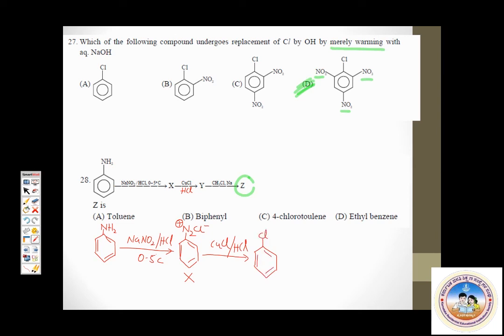Now what is Y treated with? Chloromethane in presence of sodium metal. CH3Cl in presence of metallic sodium. Okay. Now understand this. You have a haloarene, chlorobenzene, reacting with a haloalkane in presence of sodium metal. So this must be the Wurtz-Fittig reaction. Okay. How to write the product in the Wurtz-Fittig reaction? Connect the two groups. Here the benzene ring and the methyl group.